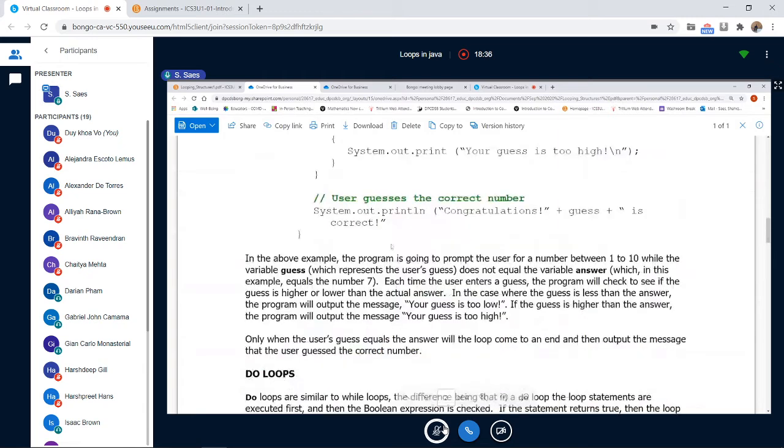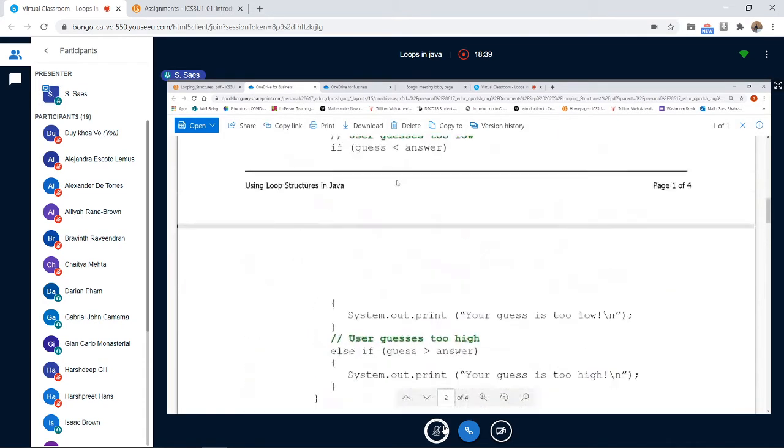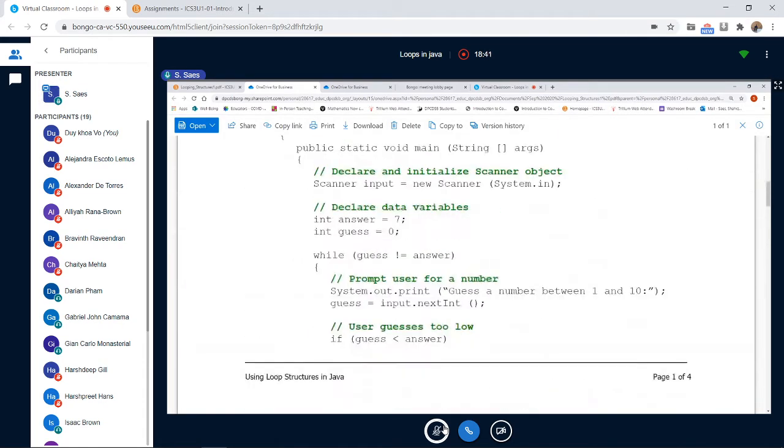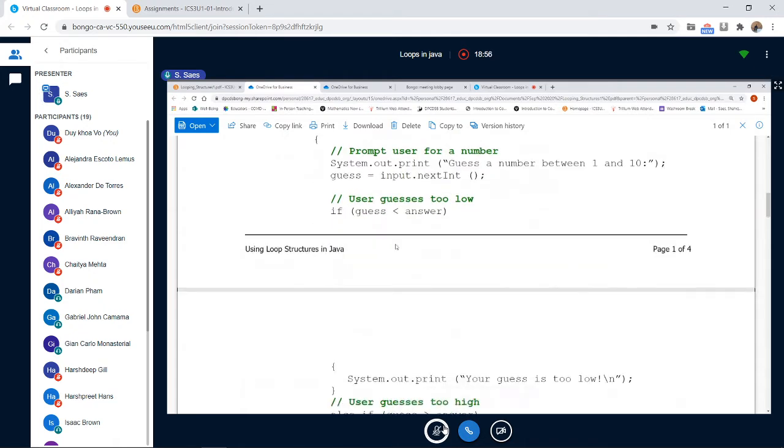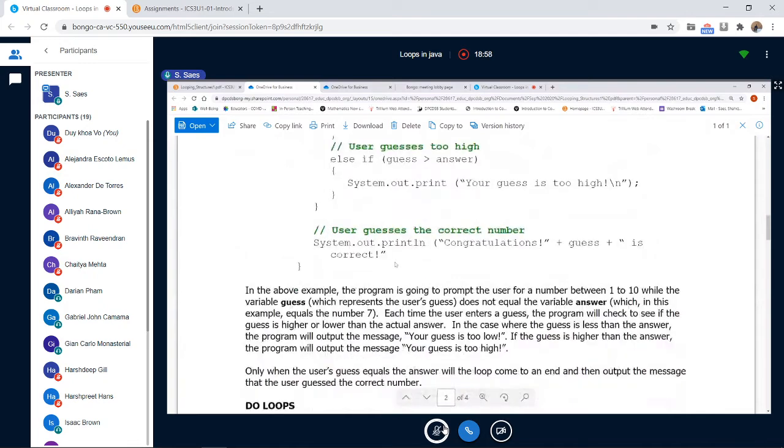So this was about the while loop, but you can have different conditions here. It doesn't always have to be not equal. It could be while number is greater than 10, or while number is less than 5. You can have any kind of conditions here. So that's one thing. So the next type of loop